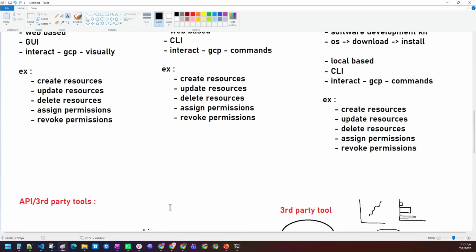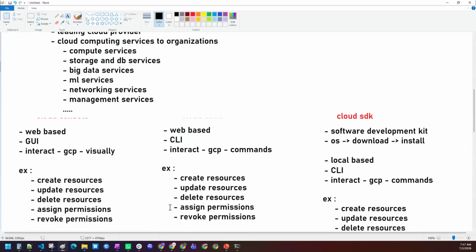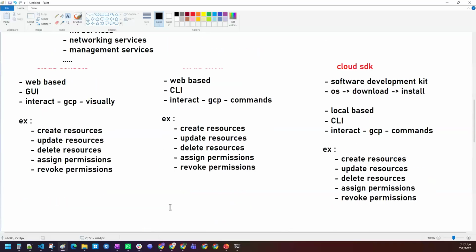Say, hey, I wanted to use console, I wanted to use Cloud Shell. That's what you do. Sometimes you use console, sometimes you use Cloud SDK. That you will come to know when you are actually learning the GCP in our upcoming sessions. Requirement and the project.